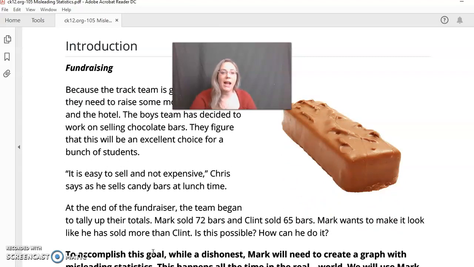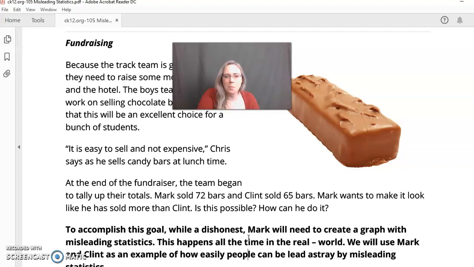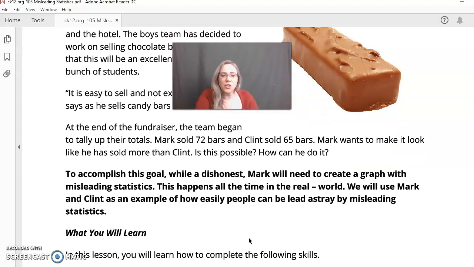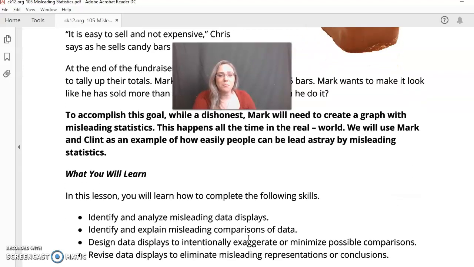Don't do these things. Anyway, at the end of the fundraiser, the team began to tally up their totals. Mark sold 72 bars and Clint sold 65 bars. Mark wants to make it look like he has sold more than Clint. How is this possible? How can he do it? So, did he? Well, yeah, he sold more than Clint. He wants it to look a little bit more, though. So, we're going to show how he's able to use this to lead other people astray by using some misleading